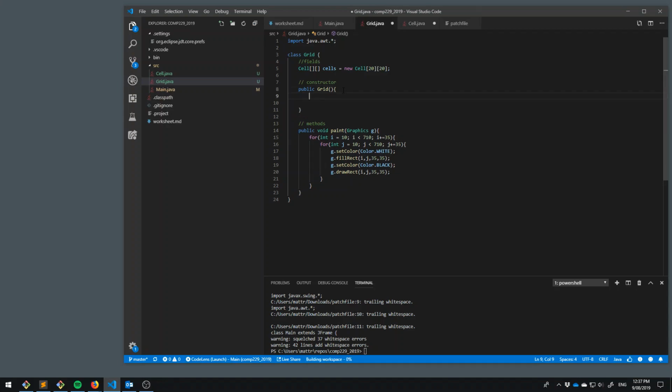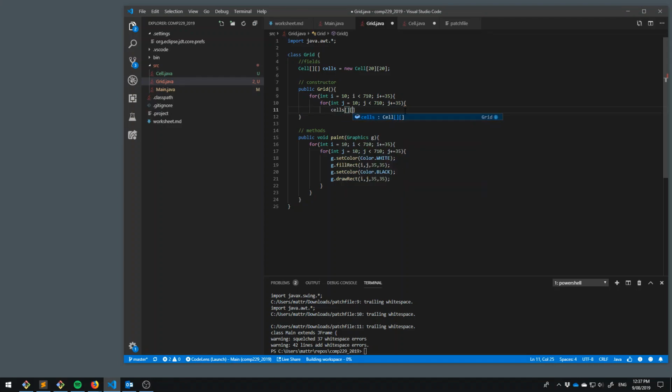And to do that, I'll need another one of these nested loops. So I need the exact same nested loop up here, where it goes from i equals 10 and j equals 10, because I need those X and Y positions. But now I need to put into the cell array one of these cell objects, which is like the identity for that spot on the screen. So somewhere here, I don't know exactly where yet, I put a